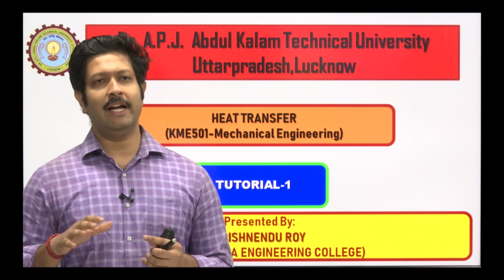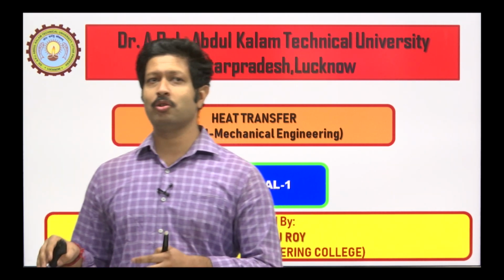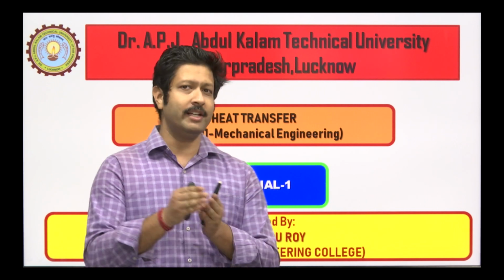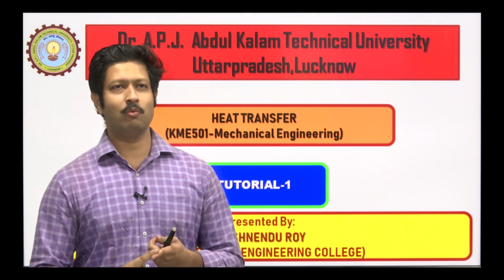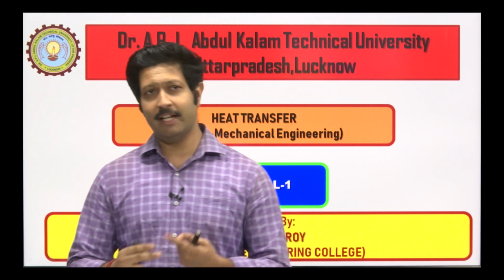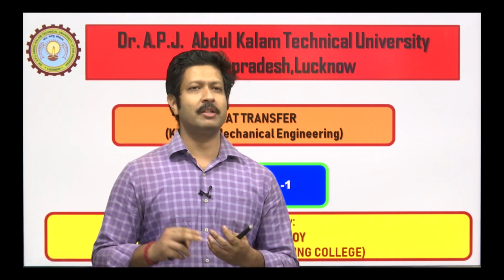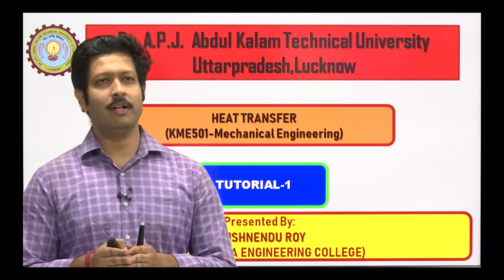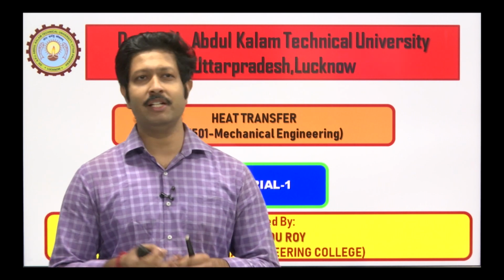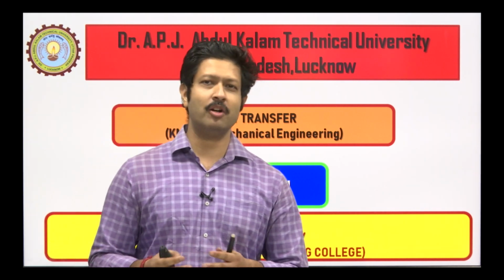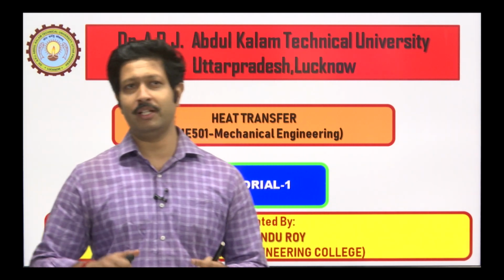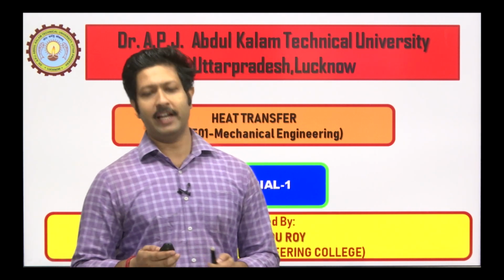In this tutorial for unit 2, I will be doing numericals and derivation for the entire unit. The first will be for fins, the second again for fins, and the third will be for the transient. I will touch both cases: one when the Biot number is less than 0.1, when you neglect the internal resistance, and when the Biot number is greater than 0.1, when you do not neglect the internal resistance. So let's get into it.